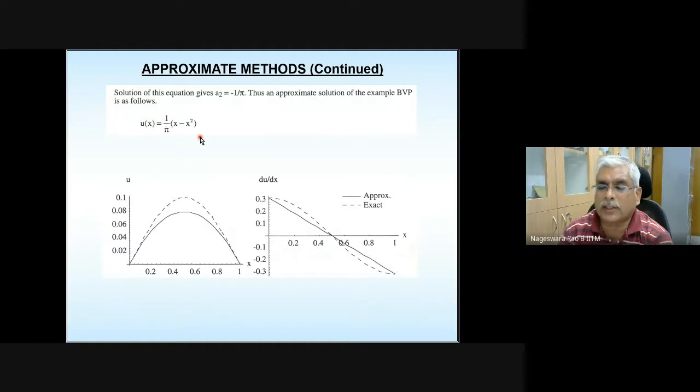Using the least square weighted residual method, you cannot simply say, I used the least square weighted residual method, I got this approximate solution. You need to also mention the starting trial solution. You started with a quadratic trial solution. Starting with a quadratic trial solution, following the procedure for the least square weighted residual method, this is the approximate solution that is obtained. And how does it compare with the exact solution? That is what is plotted here. The dashed line is exact. Approximate is the solid line.